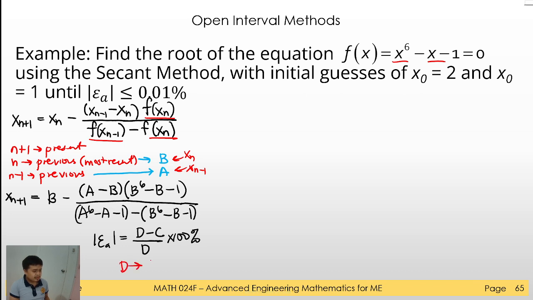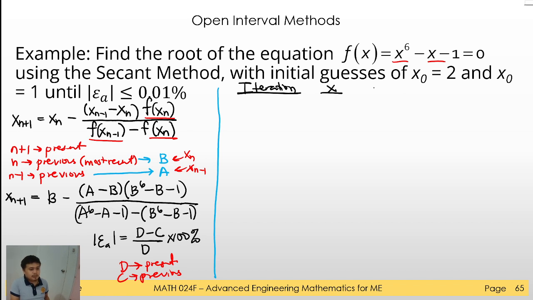Okay, so D is the present and C is the previous. Okay, so we are ready now. We have set up the equations. We can now do the iteration of this scheme. For this iteration scheme, we will only have 3 columns: the iteration number, the approximate value x, and then the